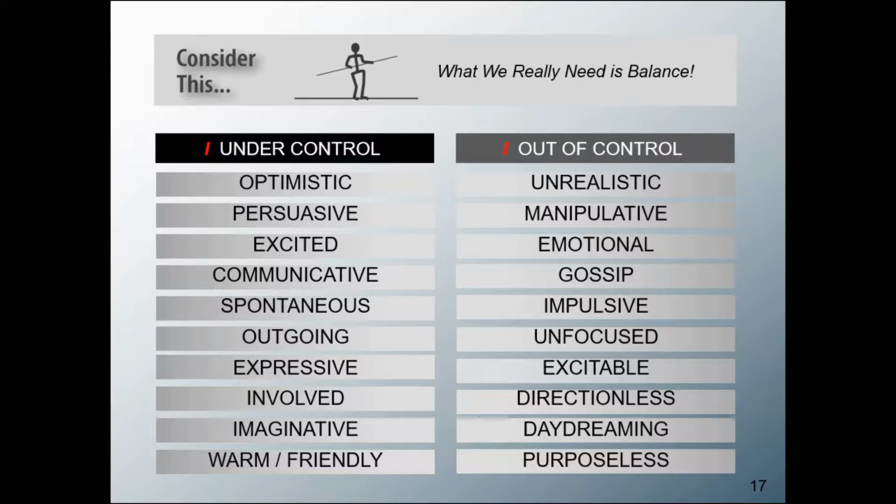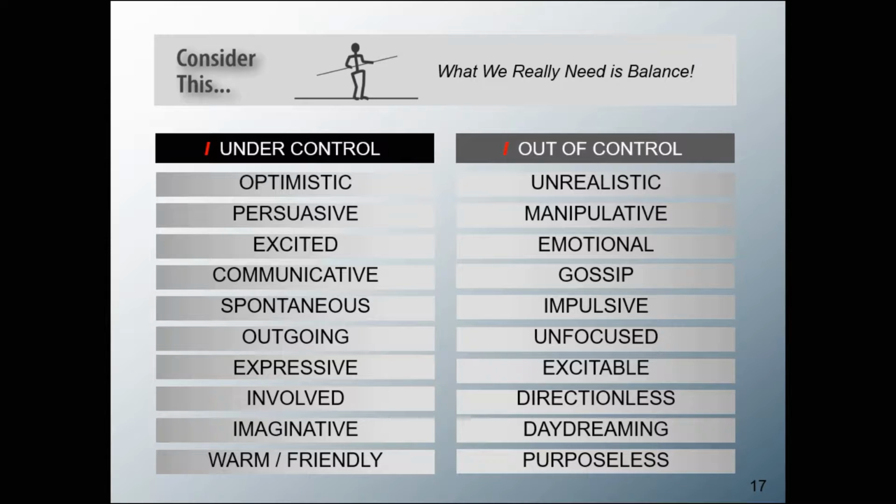So again, when we talk about strengths: enthusiastic, persuasive, excited. They will be easily excited about an idea and about a project. So when you have a project, you want to involve them because they will help you get people motivated. They like to be involved, engaged, and friendly with people. And again, the opposite can create some imbalance and some negative perceptions. So we want to be aware of that.